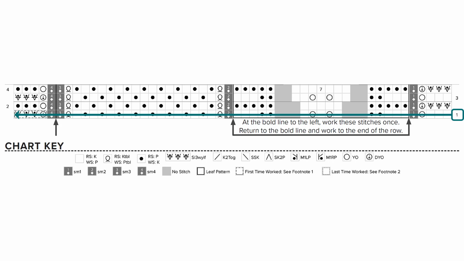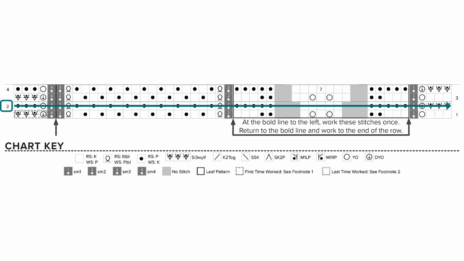Right side rows are read from right to left, and the stitches should be worked according to the right side instructions for each chart symbol. Wrong side rows are read from left to right and should be worked according to the wrong side instructions for